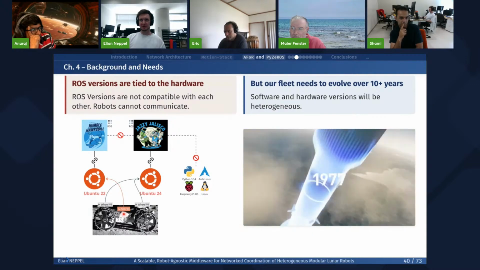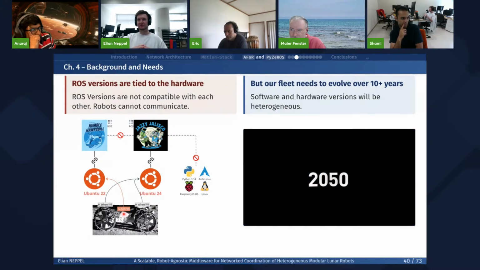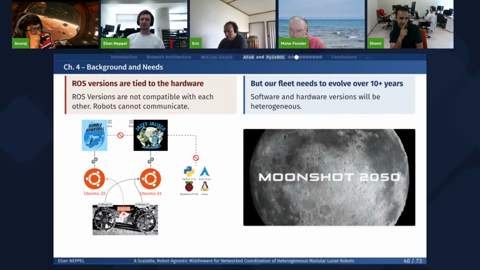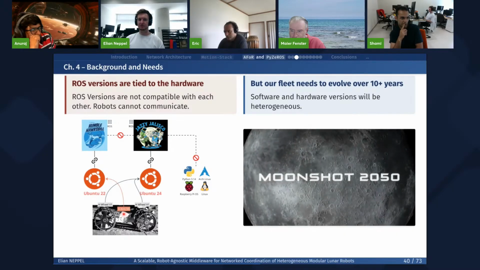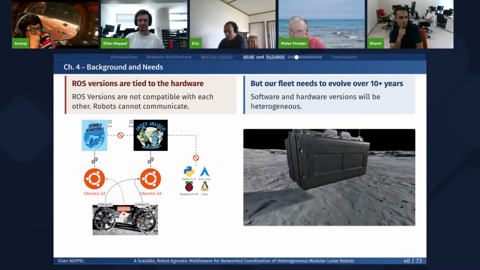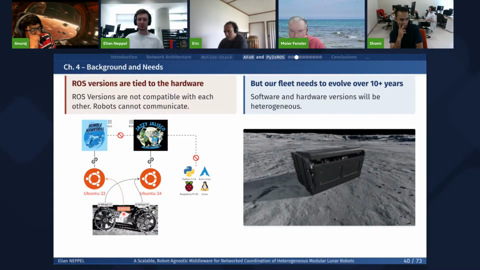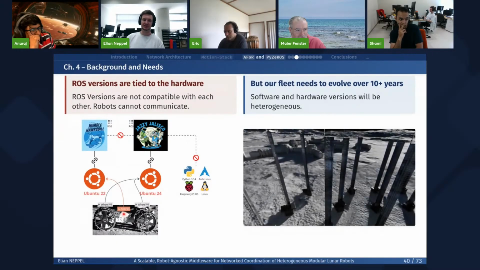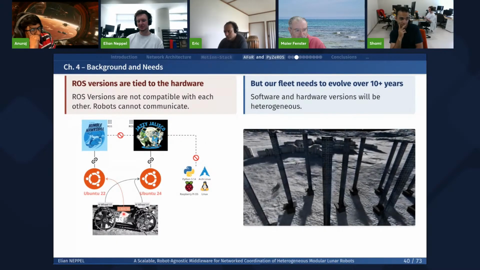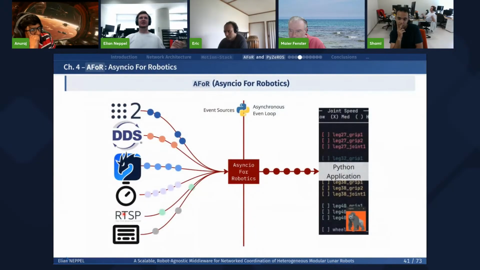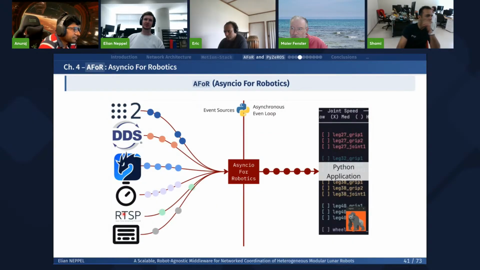Especially because we want to send those robots onto the moon and have those very long missions. So we don't want the robot we send today to use 10 years old versions of Ubuntu. We want to use the latest technologies that are available. So this is also why using this single asynchronous executor that is part of the programming language directly is much more interesting than being tied to the transport layer that we are using to send the messages.